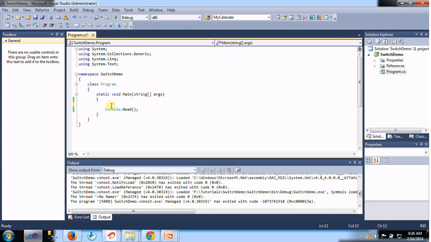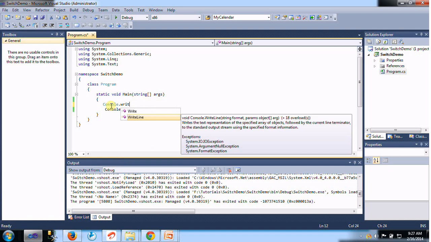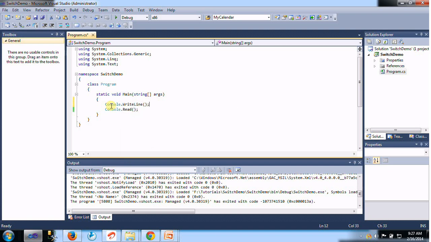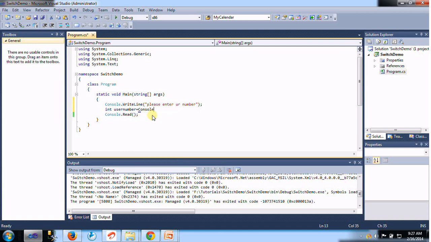Let's quickly recall it, and let's prompt the user with the use of Console.WriteLine, with a message asking the user to enter any value: please enter your number. Okay, I want to read this value as an integer. I want to hold it in an integer variable, whose name is userNumber. And how do we read our input? From the Console.ReadLine